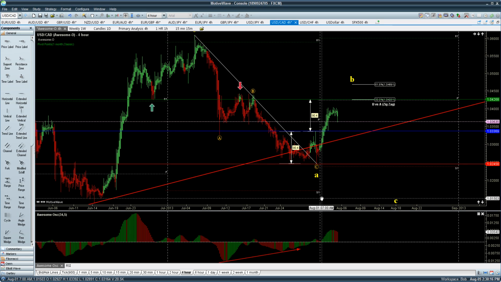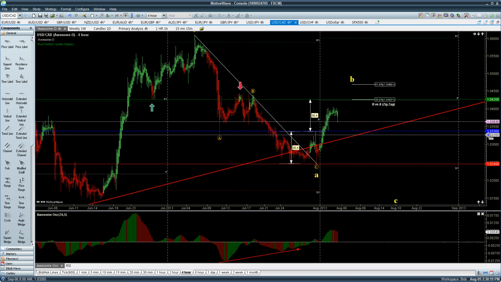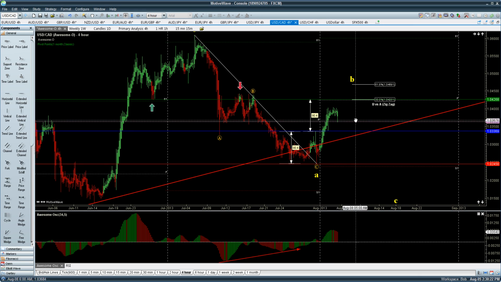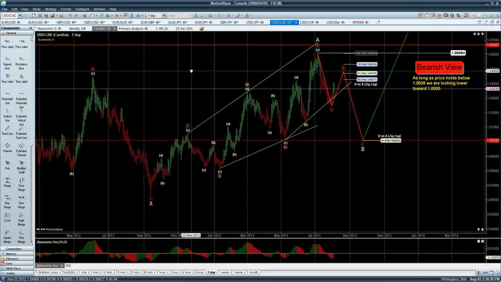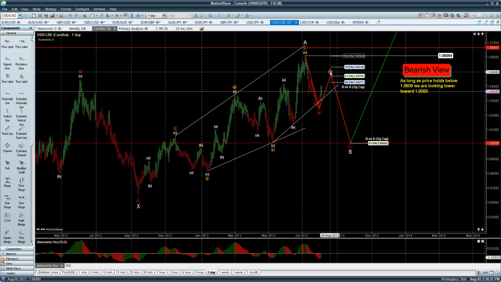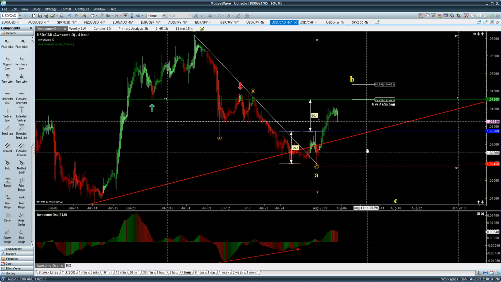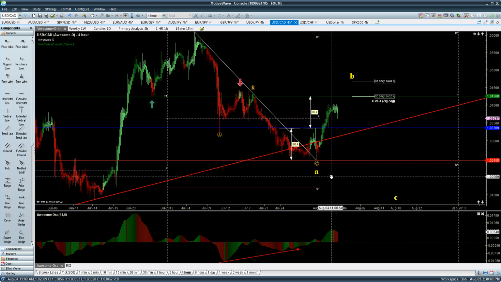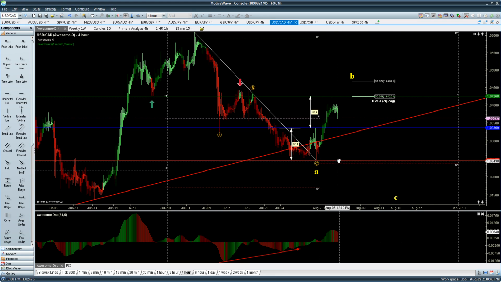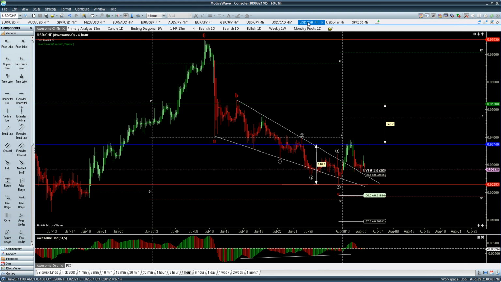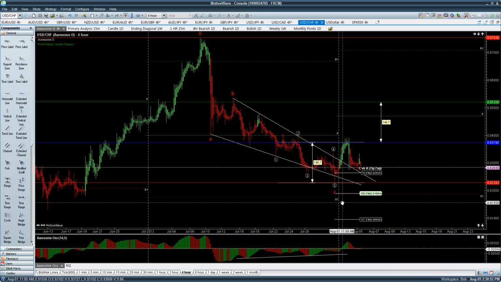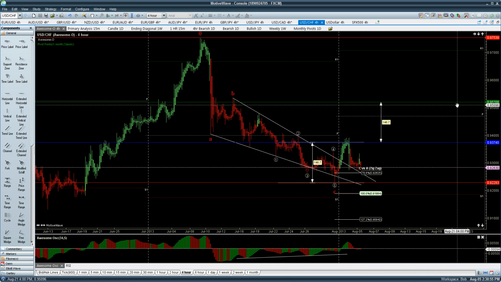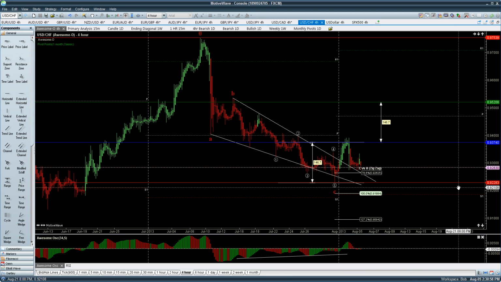Another zero line cross here that I did get in at 103, about 103.40. First target 104.27. On the bigger picture, remember we were looking for the A, the B, and a C down yet. Still looking for that. So the Swissy did have a zero line cross that would have been triggered at 93.75, target of 95.20, stop 92.28.